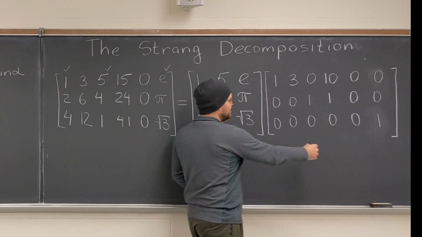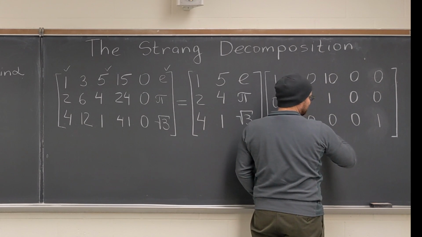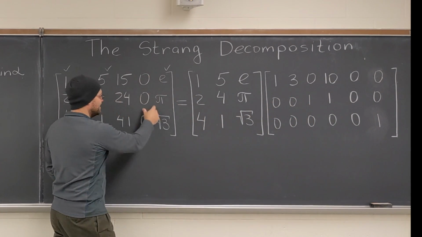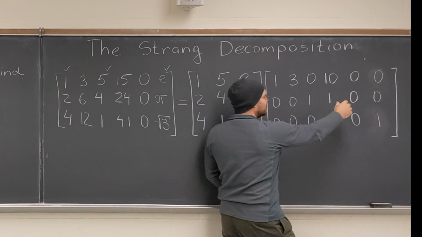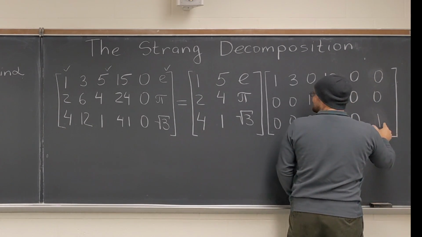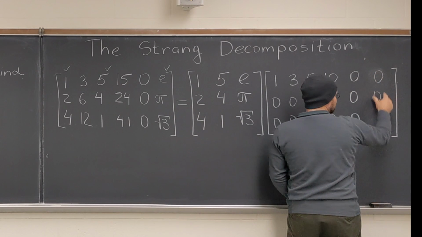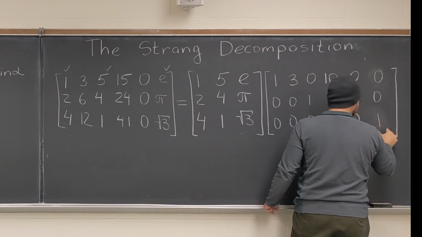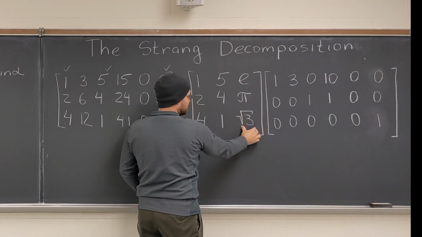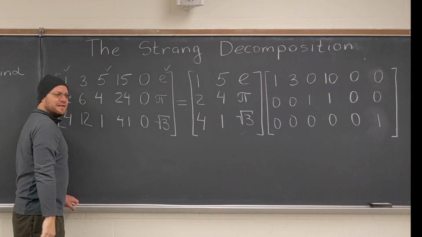What does the 0 column tell us to do? It tells us to ignore everything and to just put the 0 column in the 5th position. And what does the final column tell us to do? Well, this is also a column picker. It says pick out the third column from this matrix and put it in the 6th position. So it picks out this column from here and puts it right here.